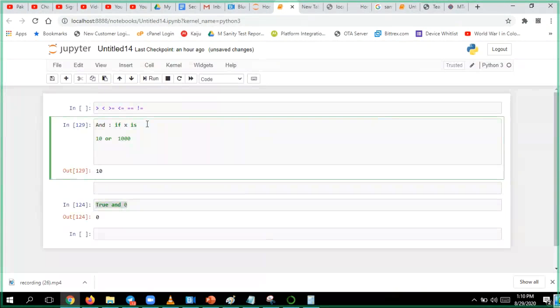If X is evaluated, meaning it is converted to Boolean, that time if X is evaluated to true, then the X value is displayed on the screen.